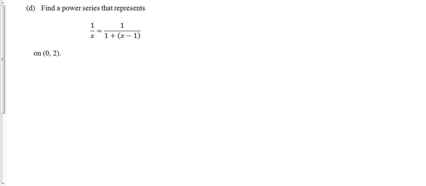All right, now let's tackle part D, which says find a power series that represents 1 over x on the interval from 0 to 2. Now we're going to play the trick that we've been playing, which is to recognize that 1 over 1 minus x is equal to 1 plus x plus x squared plus dot dot dot plus our general term x to the n,